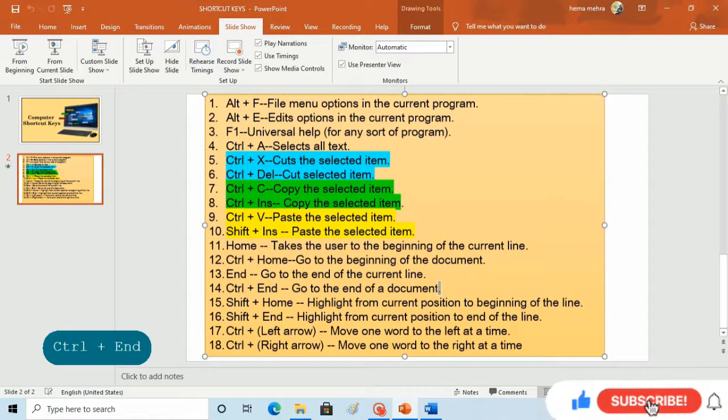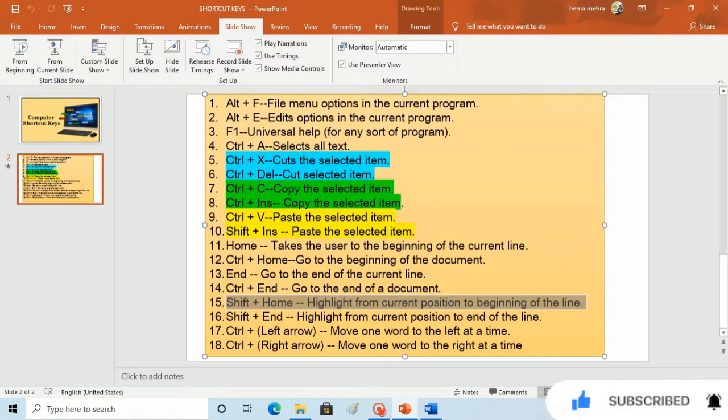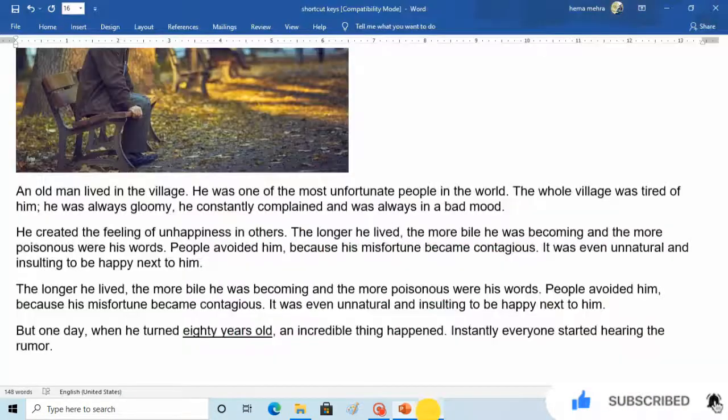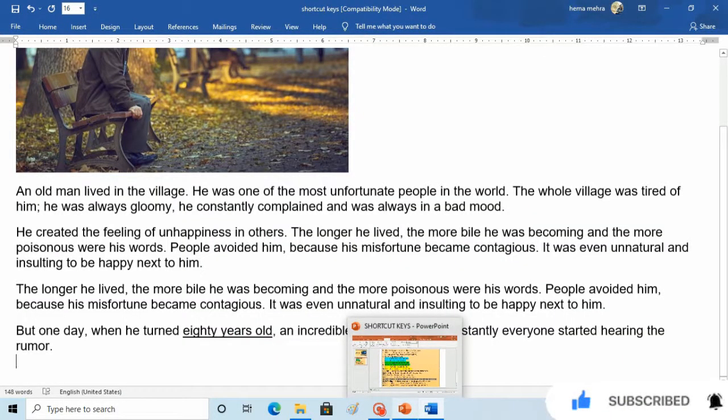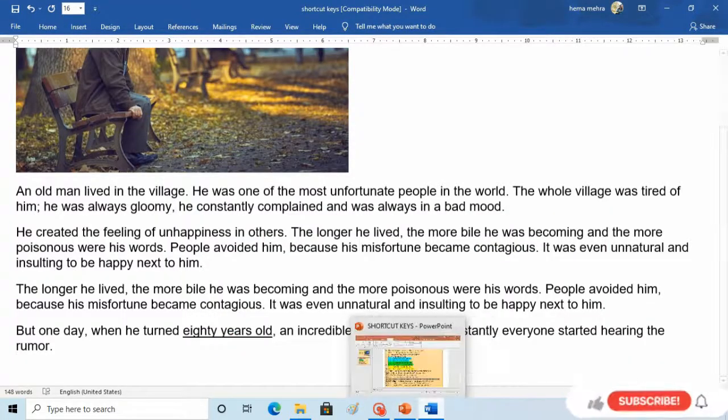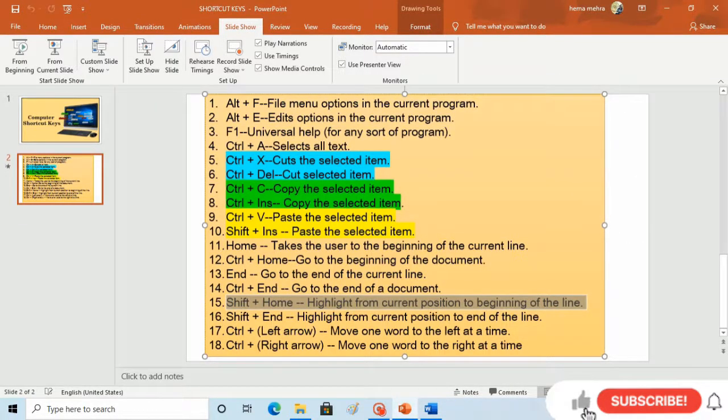Now the next one is Shift plus Home. Shift plus Home highlights from the current position to the beginning. I'll show you how it differs from other shortcut keys. Shift plus Home highlights from the current position to the beginning of the line.